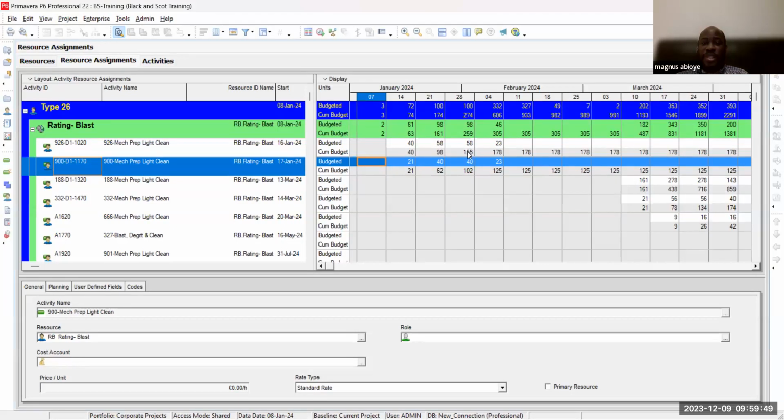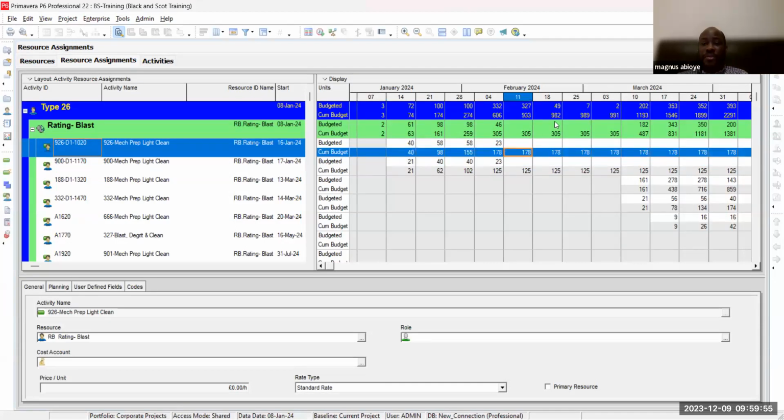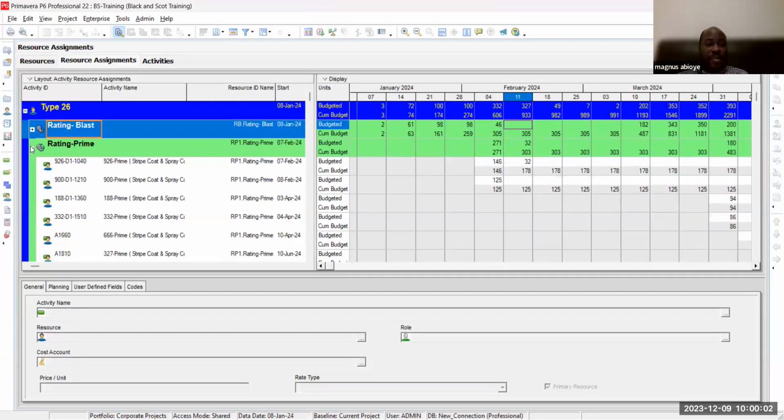98 plus 58 is 155. 155 plus 23 is 178. So it maintains 178 on and on till the end of the project. The same with this. So if I minimize everything,